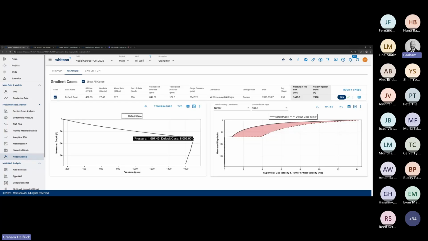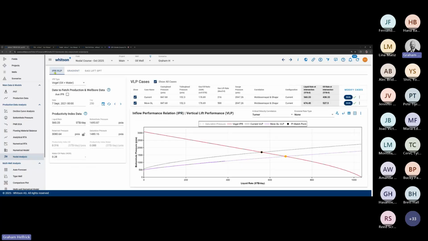And so we have the highest pressure down to the heel just from the vertical change from the toe down to the heel. So that's why we have the highest pressure. Let's ask the question of how much is that gas lift really helping lower the bottom hole pressure if we add more gas lift? So we're going to go back to the tab at the top where it says IPR